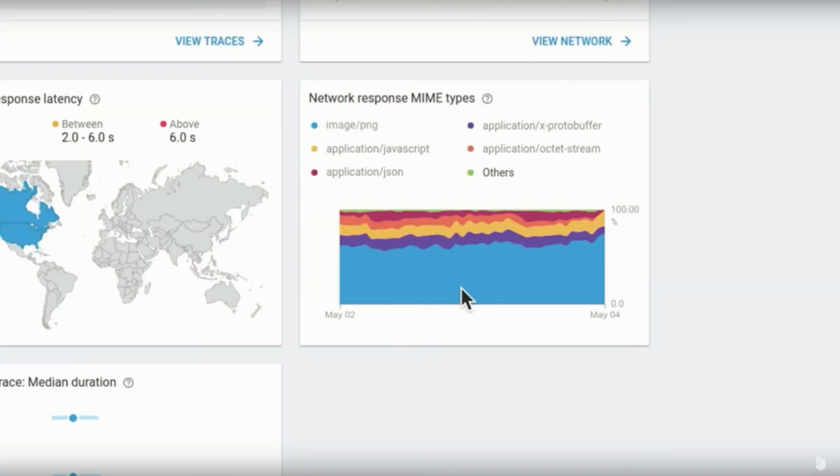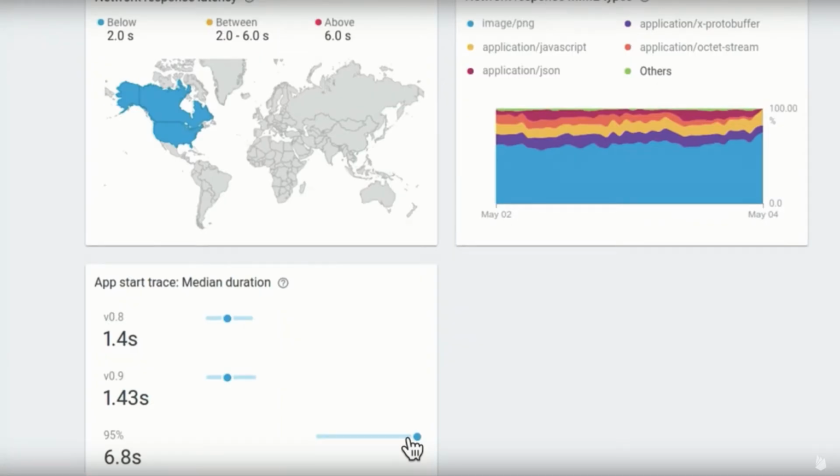So the next one is a card that gives me the breakdown of network volume by MIME type. So since it's an e-commerce app, most of it's images, and that makes sense. There's nothing here that seems unusual. So the last card, which is on the bottom here,